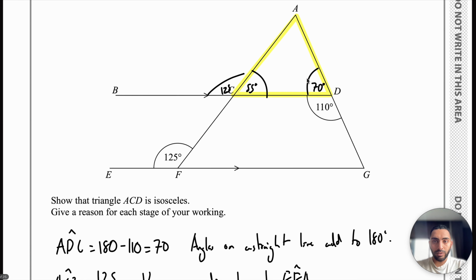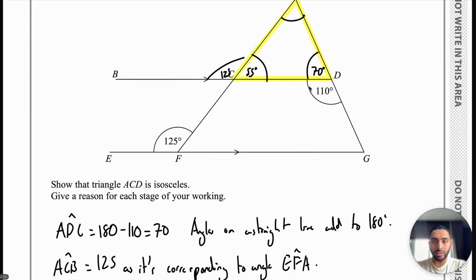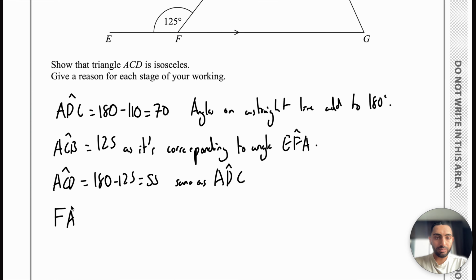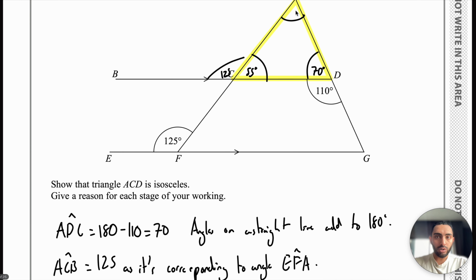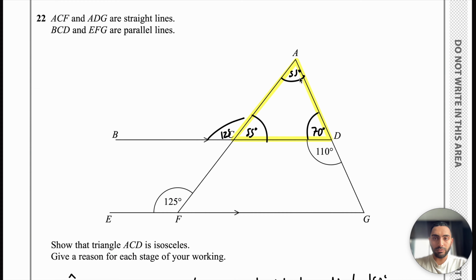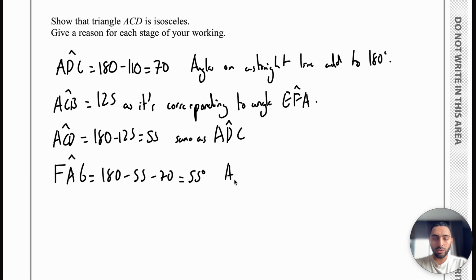Last rule that I need just to find this missing angle in this triangle. I know angles in a triangle add up to 180. So if I add up these two, take it away from 180, I'm hoping the answer will either be 55 or 70. That missing angle at FAG is equal to 180, take away 55, take away 70. And that would be equal to 180, take away 125, which is 55 degrees. So this angle is 55 degrees. And that was because angles in a triangle